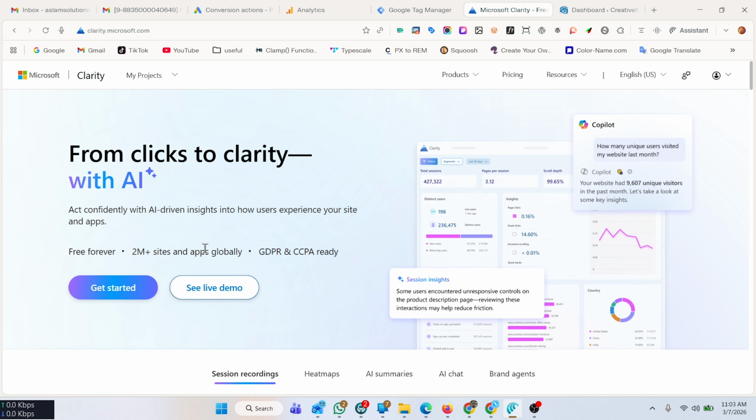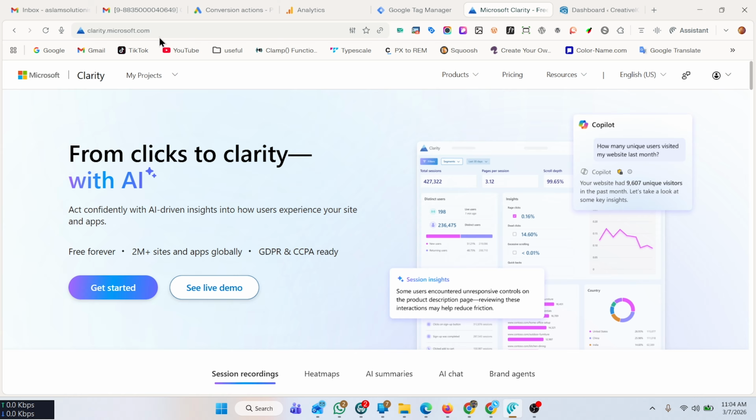This is great if you already use a code management plugin or you just don't want to add more plugins. I have made a detailed video explaining 3 options for how you can connect your Clarity with your website. I will leave the link to that video in the description below. You can go to that video and watch it if you want to dig deeper. Okay, so now let's get started with our tutorial.